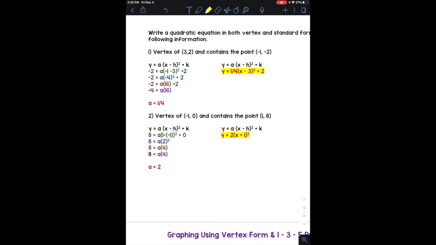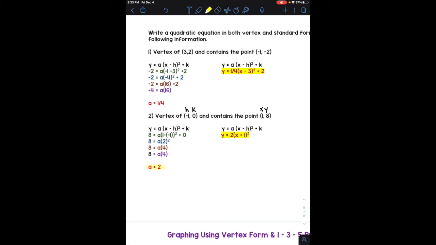Here's our answer for number 2 on the bottom of the second page. Since the vertex is (-1, 0), that's going to represent our h and k values. And since they give us a point that this quadratic equation contains, or the parabola passes through, that would be our x and y. When we substitute this into our vertex form model, we're going to find that the a